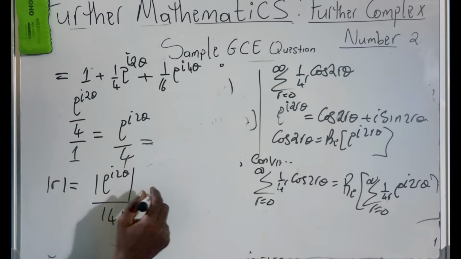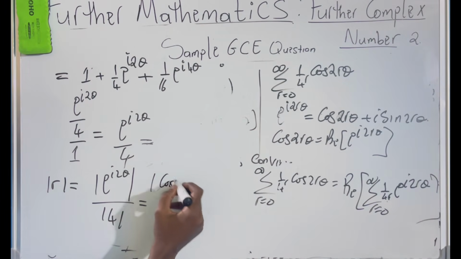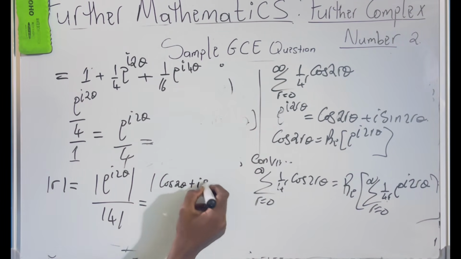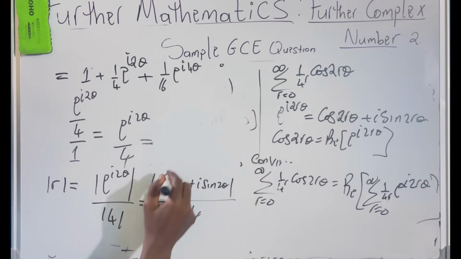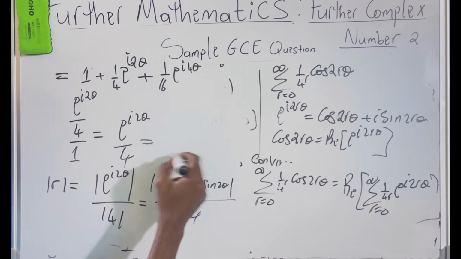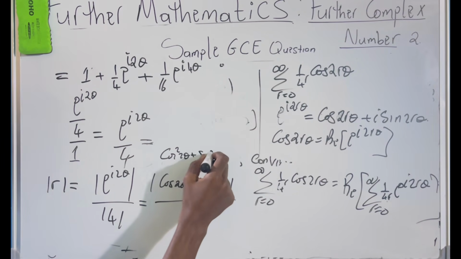Now, the magnitude of this is 1. I think we know it because it's the same as the magnitude of cos theta plus i sine theta divided by 4. And the magnitude, the modulus, is like calculating cos squared theta plus sine squared theta,